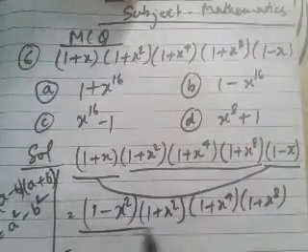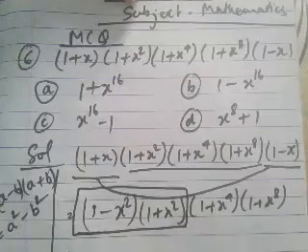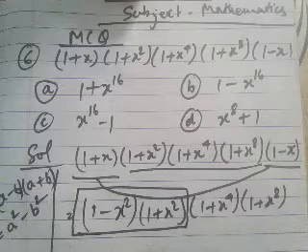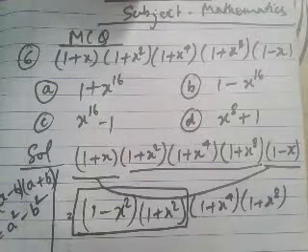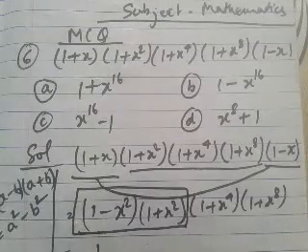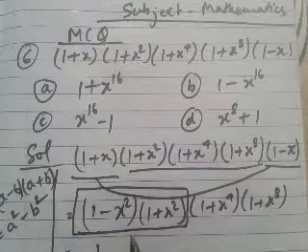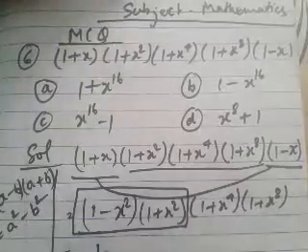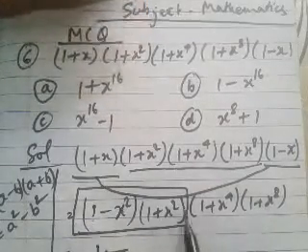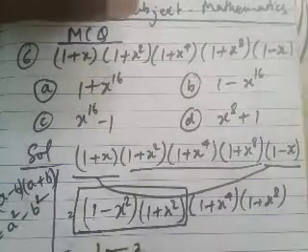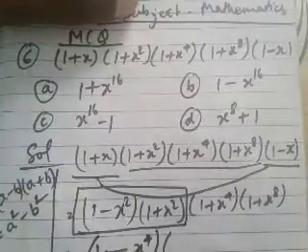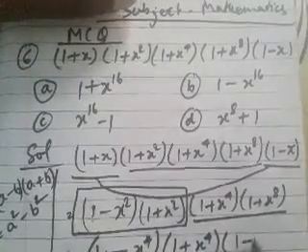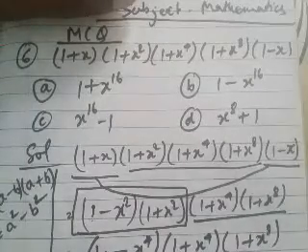Again, see here, this identity can be used for these two terms, and we can write these two terms collectively. A square means 1 square, always we will get 1, and b means x square, so x square of square we will get. So a minus b into a plus b, again we can write 1 minus x to the power 4 here. So write all these terms the same as it is, and 1 plus x to the power 8 again here.